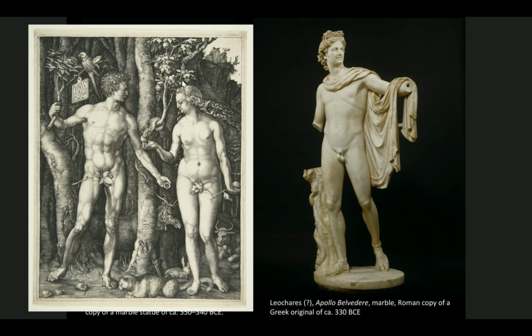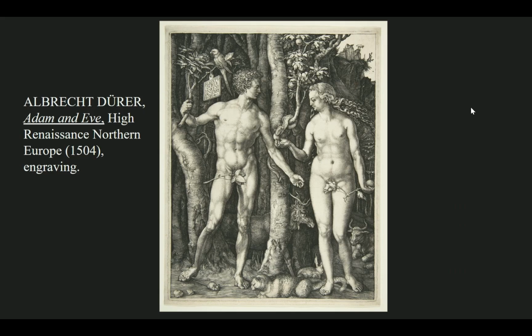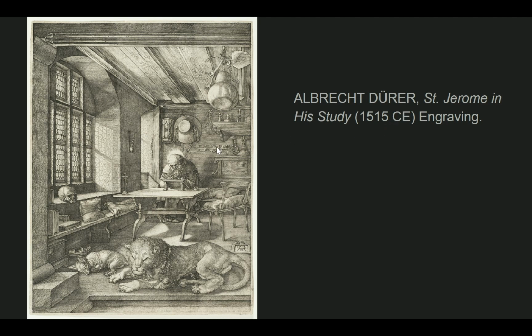But here's an Apollo Belvedere, a Roman copy of a Greek original, a really famous marble sculpture. And so he would have seen this. And we can see that with our contrapposto arm extending on Adam over here, where he's picking up from those classical ideas, especially with the exaggerated muscular system, etc., where he's looking to the Italians and how they're focusing on the body, but in a little bit more of an exaggerated form here. Here's St. Jerome in his study, another famous engraving of his.